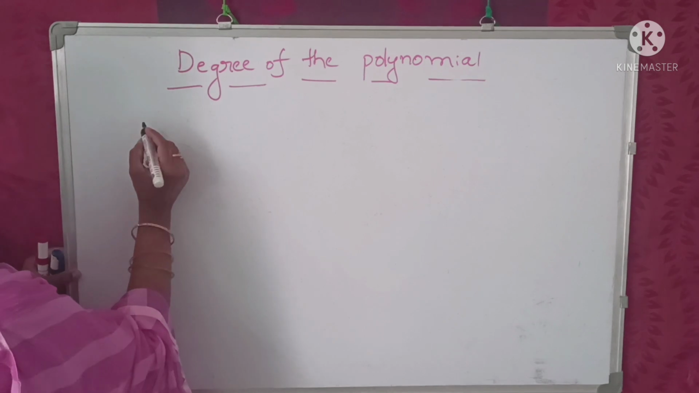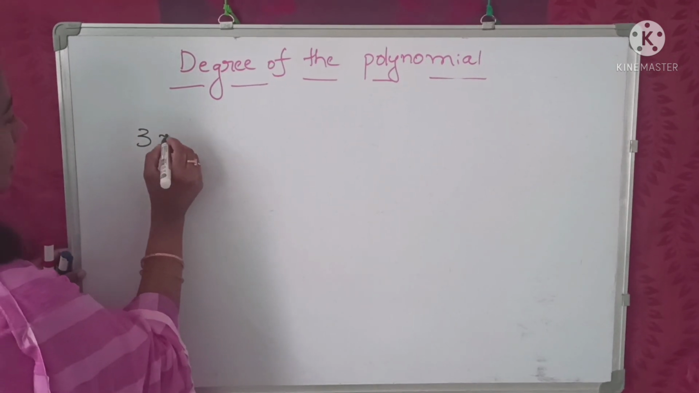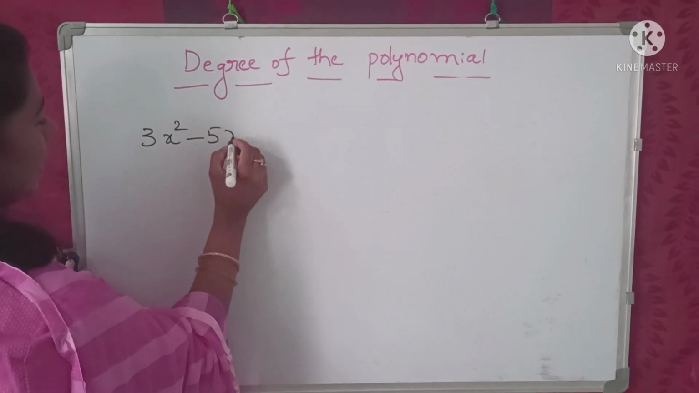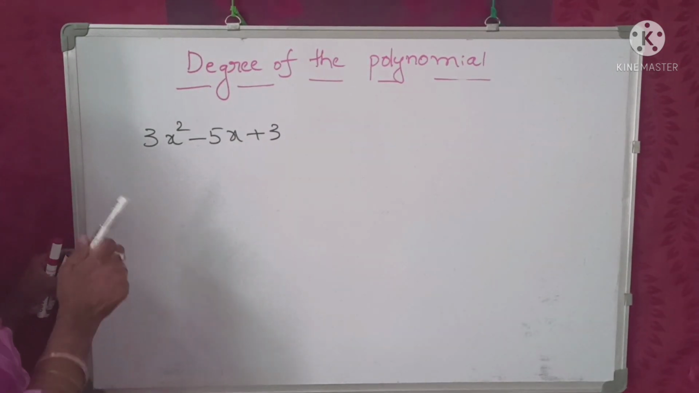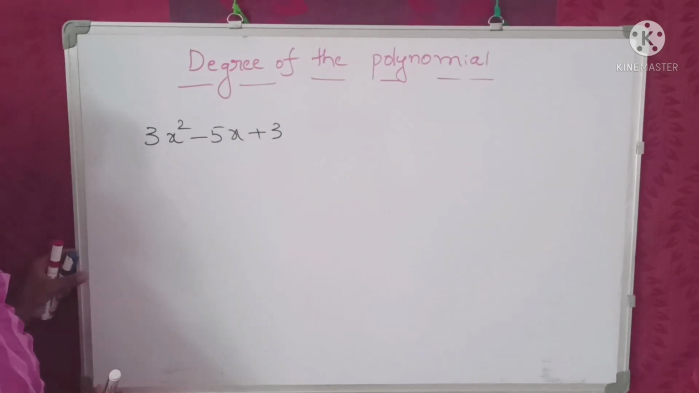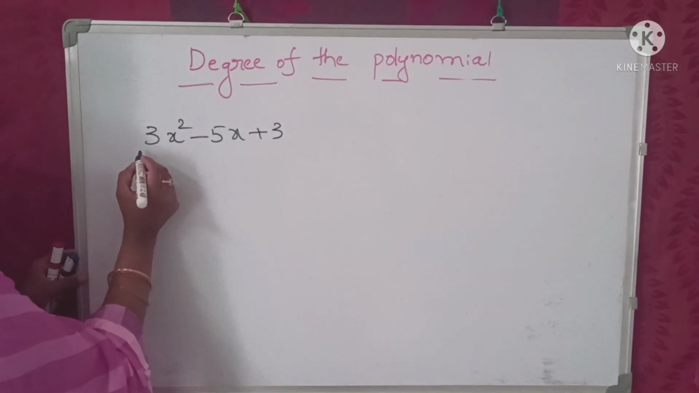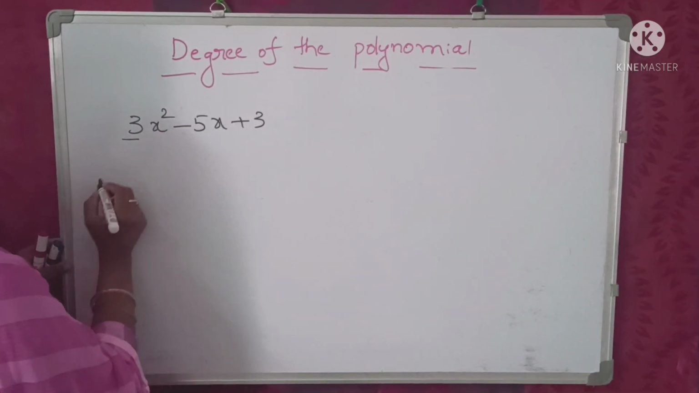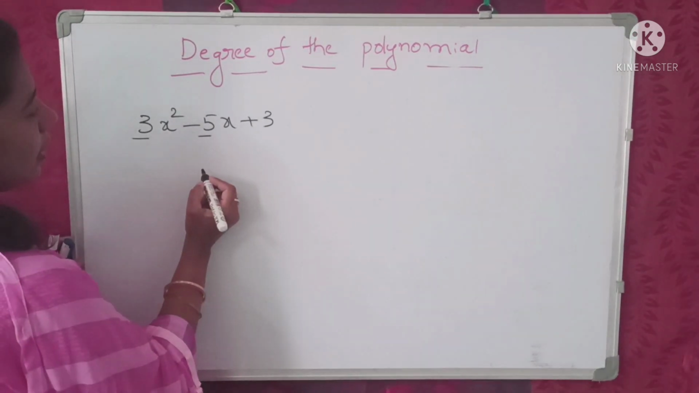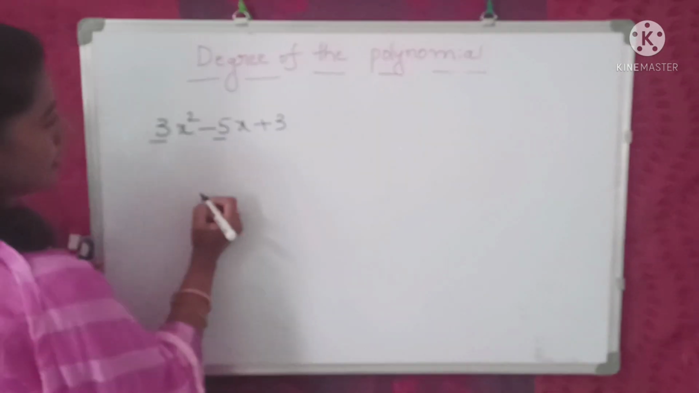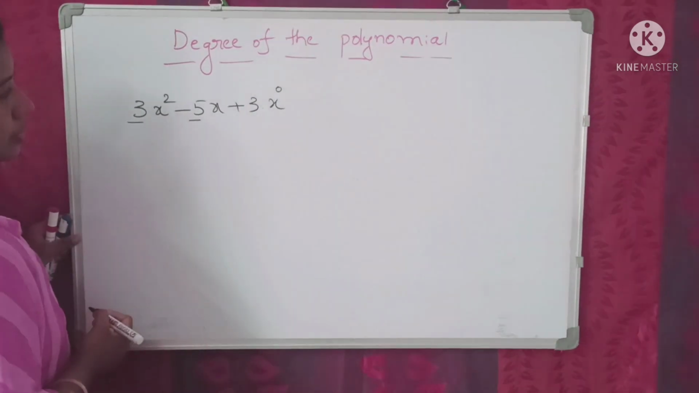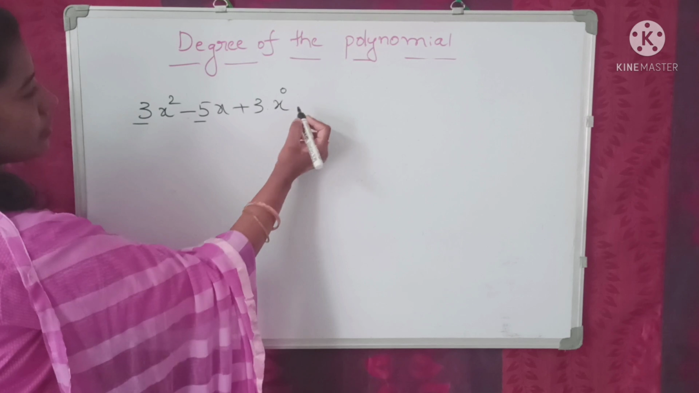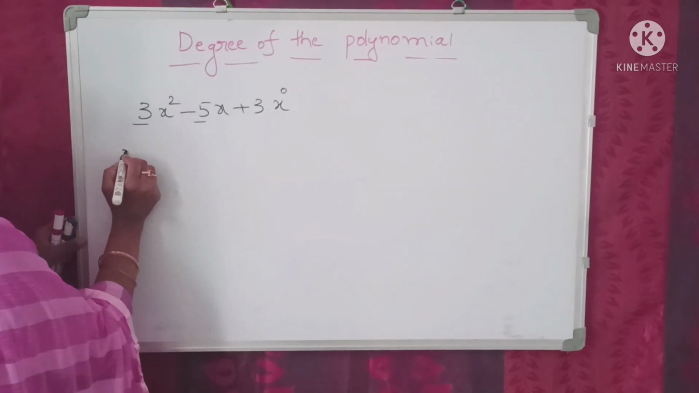We write any one of the polynomials, that is 3x square minus 5x plus 3. This is a polynomial in one variable x. In this, 3 is the coefficient of x square, minus 5 is the coefficient of x, and 3 is the coefficient of x to the power of 0, because x to the power of 0 is equal to 1. So 3 is equal to